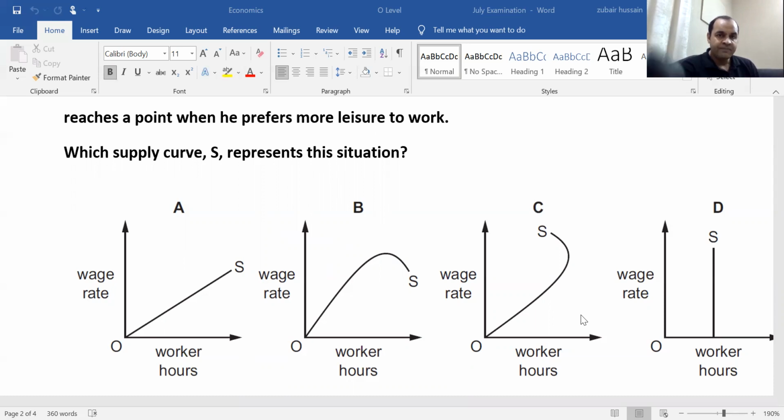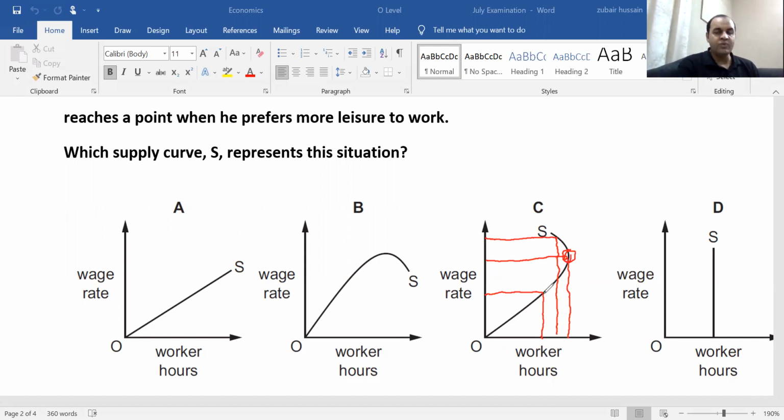I'm going to explain. Students, suppose that there is a wage rate, and workers are working these working hours. When there is a further increase in the wage rate, the workers increase their working hours. And if the wage rate increases above this point, which is basically the maximum point where the workers are providing their supply for maximum hours, so now the wage rate has increased further.